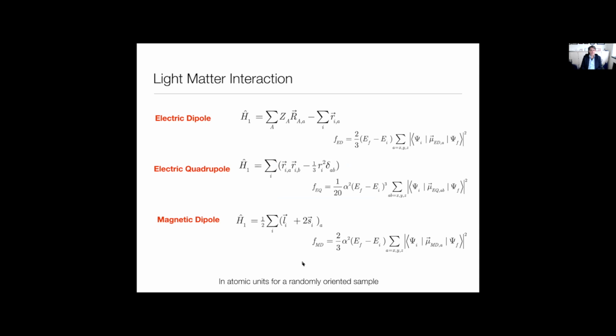But if you do a series expansion, you can identify different mechanisms. And the three most important mechanisms here in the framework of X-ray absorption, or actually any other type of optical spectroscopy, is the electric dipole mechanism, where the electric dipole operator is coupling the initial and final states. The next term is the electric quadrupole, and that is already a couple of orders of magnitude smaller due to the square of the fine structure constant here.